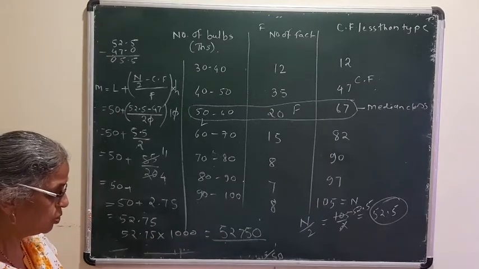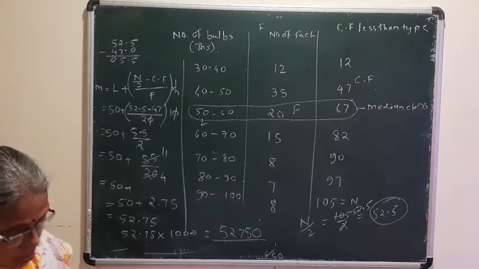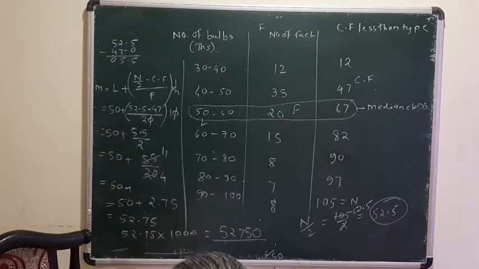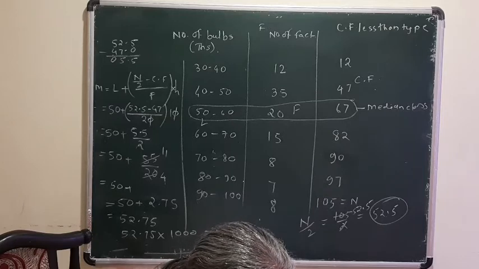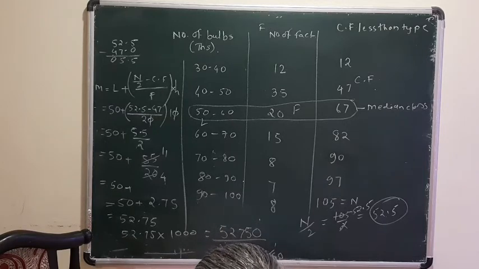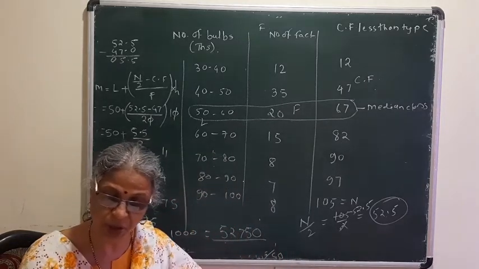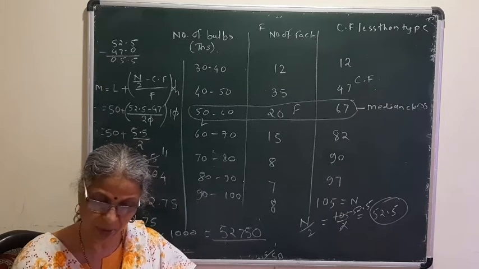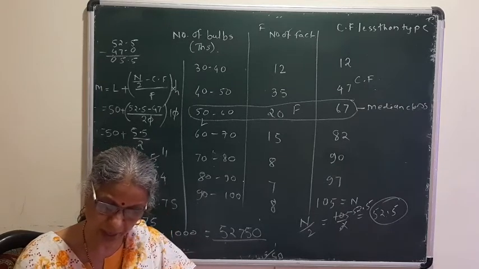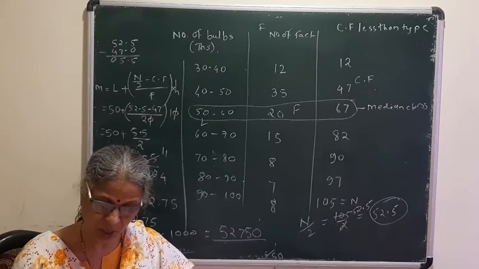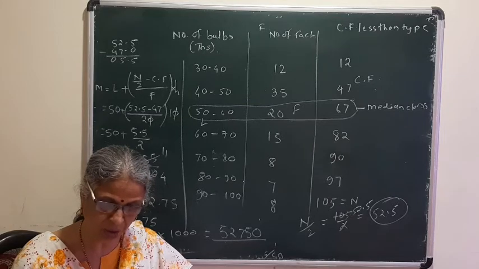Now you do this as a homework. Only one sum I have given for homework from the exercise. Now you do one thing, that is see the solved example. In the solved example also they have made the classes continuous. I will read that sum. Page number 143 open. Here they have given the classes 200 to 209, 210 to 219, 220 to 229. So here the classes are not continuous.